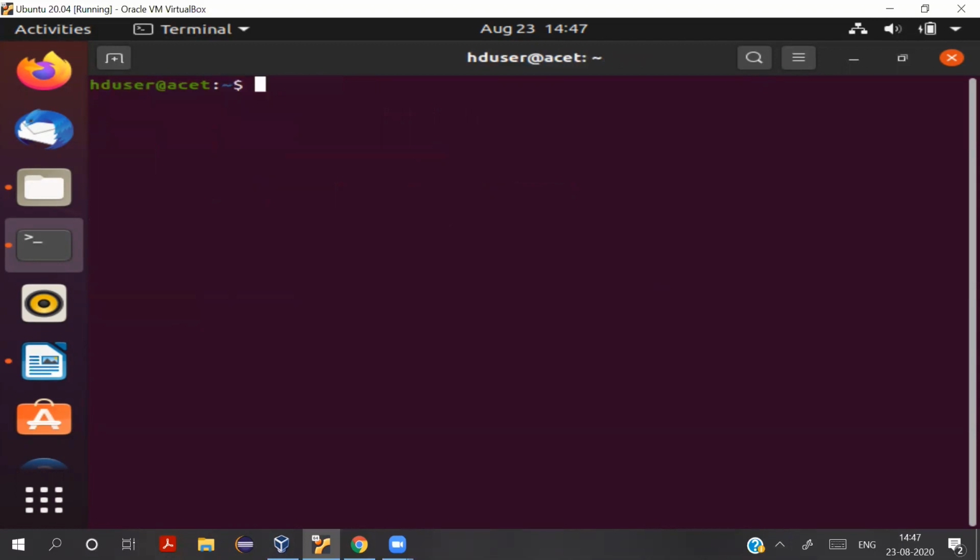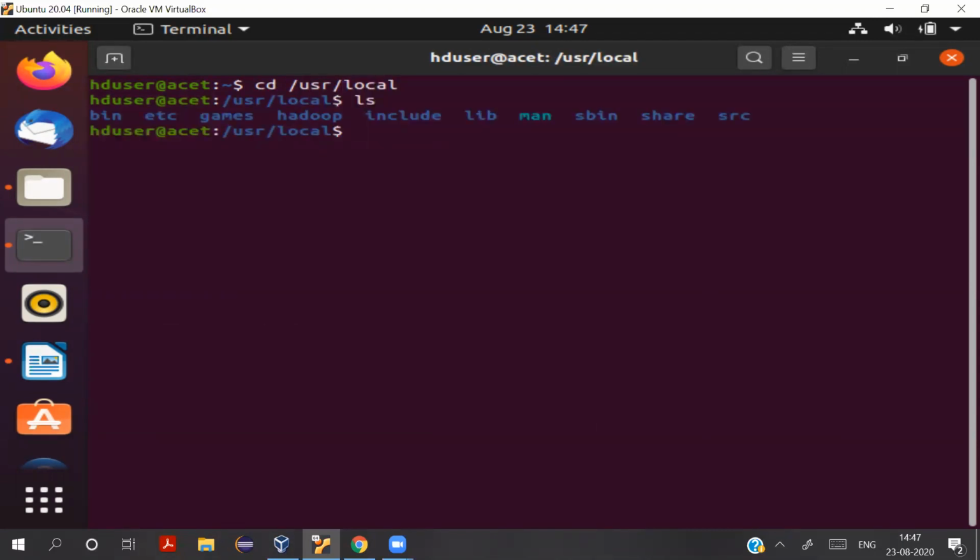We can check this folder by going to it. So if we list here, the Hadoop folder is there. Okay. And if we go to the Hadoop folder and we list, it's empty right now.